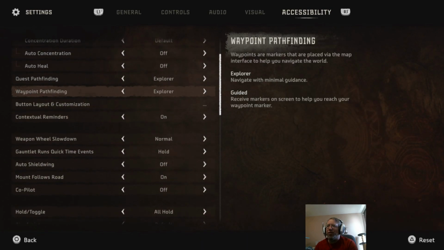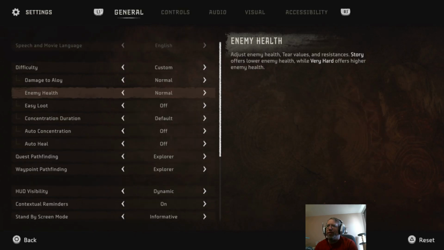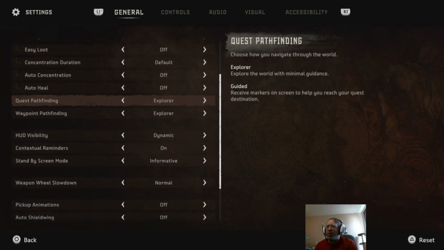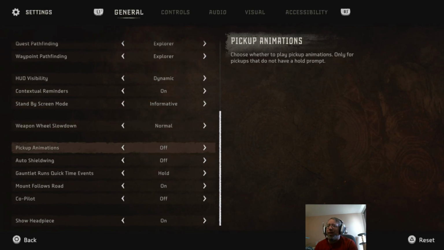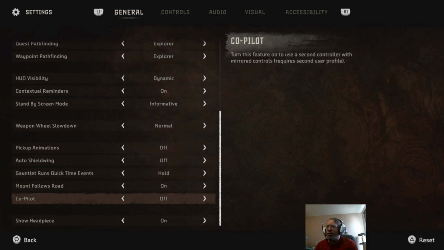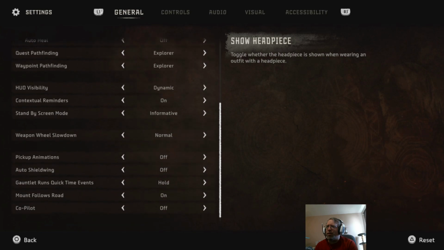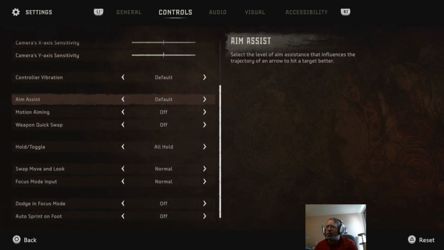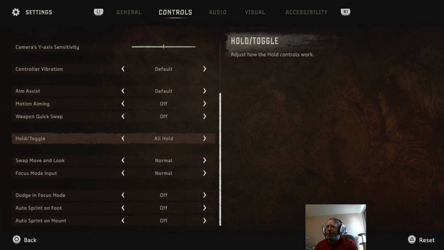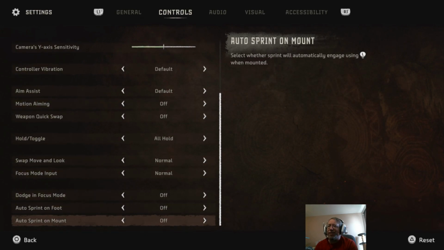They now start at slow speed and we have to work our way up. It might be understandable. Oh, you can turn pickup animations on and off. Oh, yeah. That controls? Ah, yeah. Auto sprint on mount is now off.